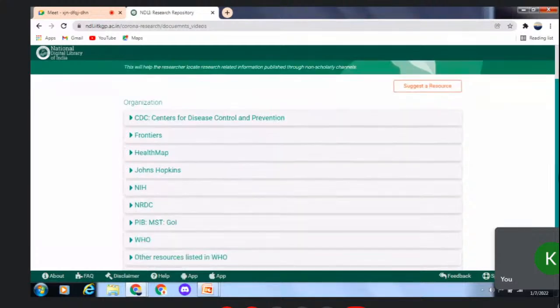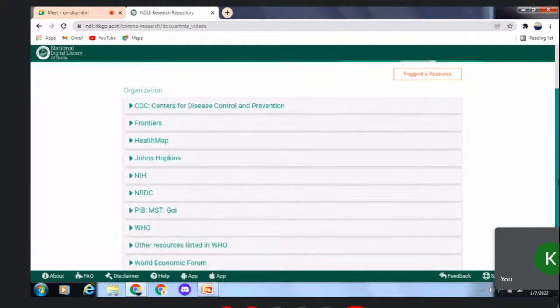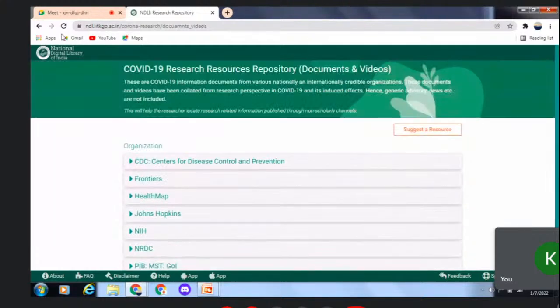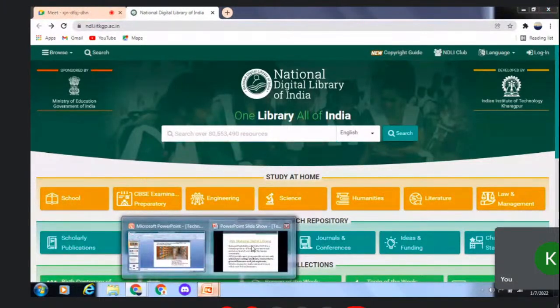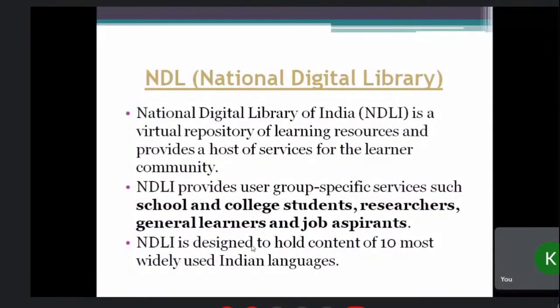You can search all these materials by organization, by subject, by courses, and experience online learning. So if we move on to another resource,